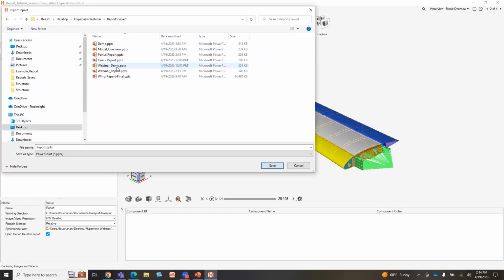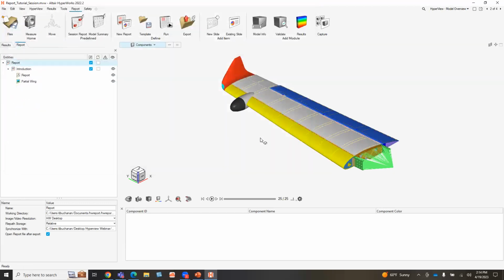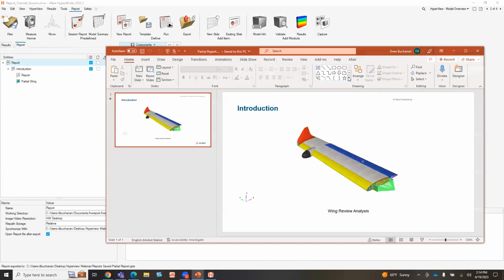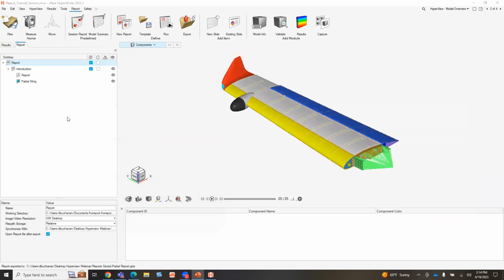But you can kind of see there's a lot of nice features in terms of saving things out. So just gonna regenerate that. And there you go. You see how it changed to introduction. I have the name, wing review analysis, and the image here. Okay, great. I mean, it's fairly straightforward, but let's kind of start leveraging and kind of building out the power of this,